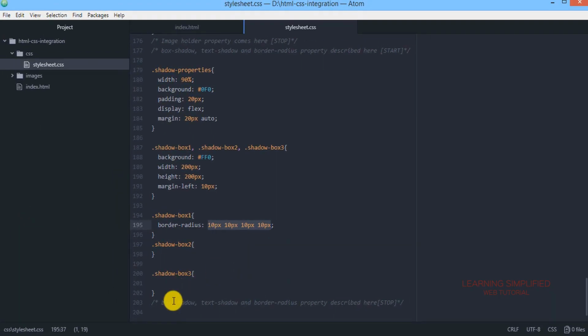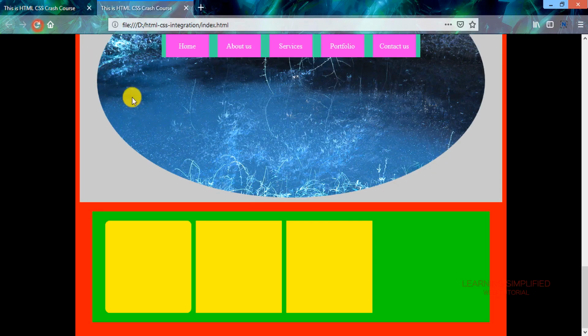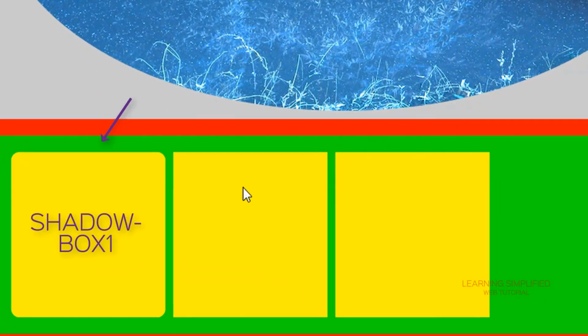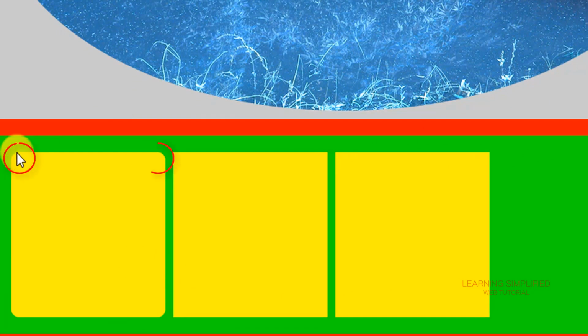Now if we press Ctrl S, get back to our project and reload, we can see that this first box is having 10 pixels of flat values for each of these corners.